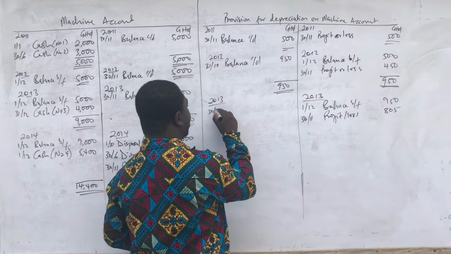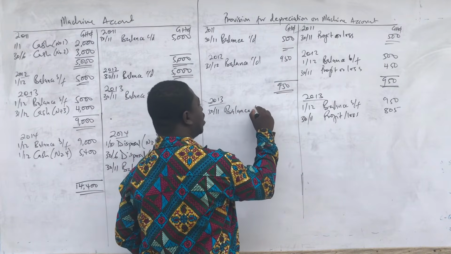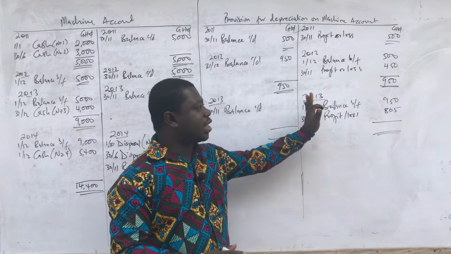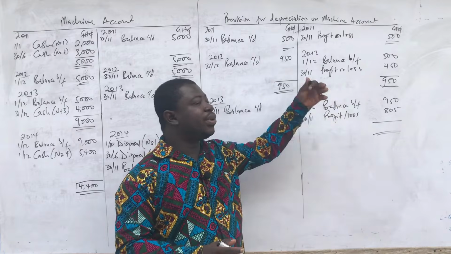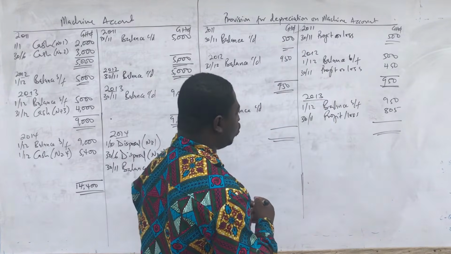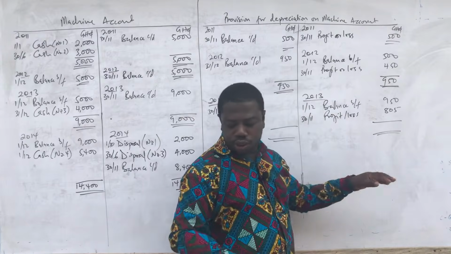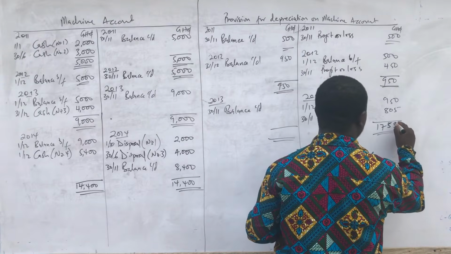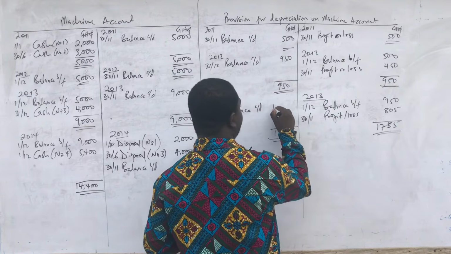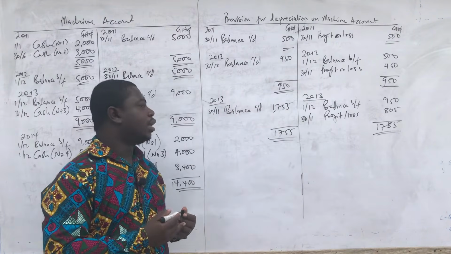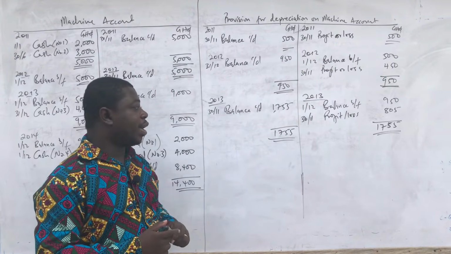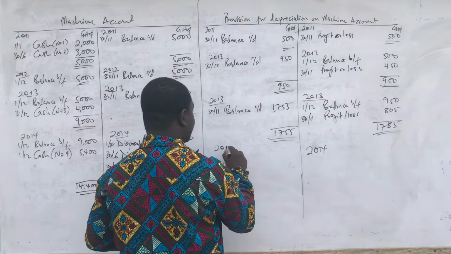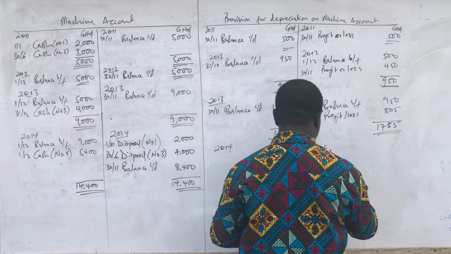And so we'll say balance carried down because there was no disposal. We'll just continue accumulating. So for depreciation, what we do in the account, because it has a credit balance, we just continue accumulating. We add up every year's depreciation to the balance that is already existing. And now the total is going to be 1,755. And therefore the balance brought down, or balance carried down, will be 1,755. Okay. And finally, in the final year, there will be a balance brought forward of